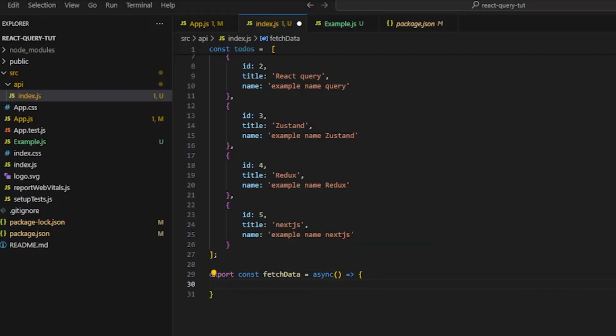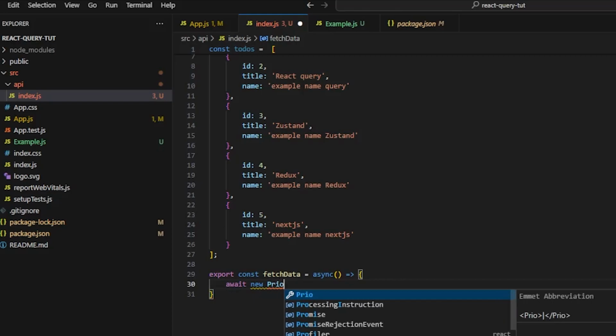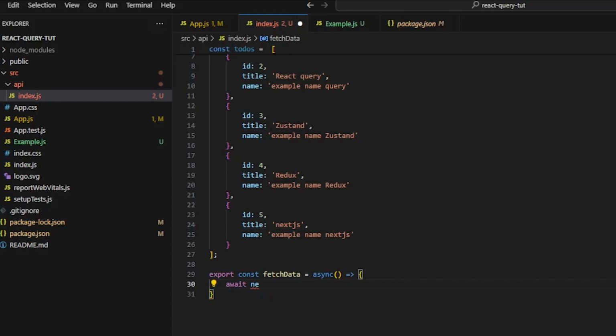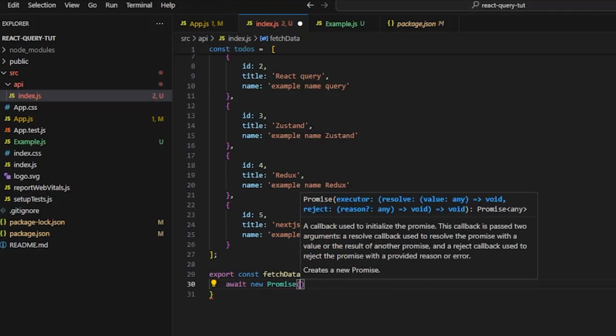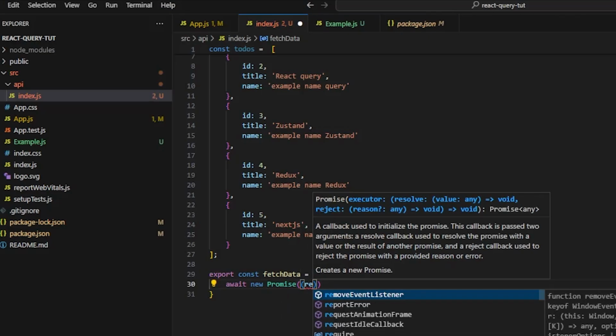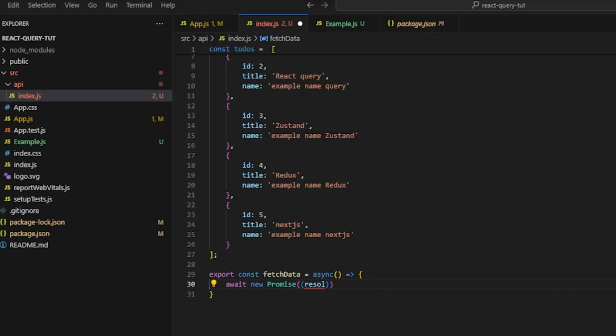It'll be an async function, and what this will do is, initially, let us first have a setTimeout. So for that, let us write a simple await new Promise, resolve,